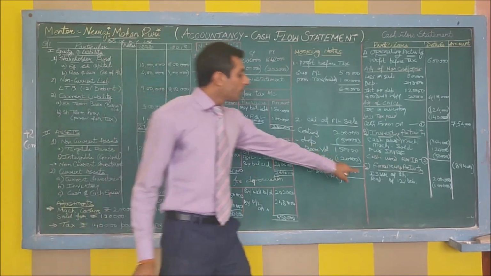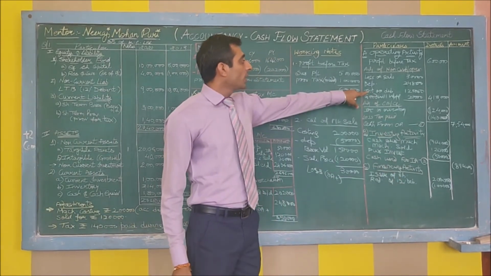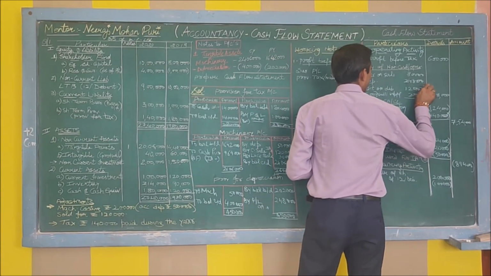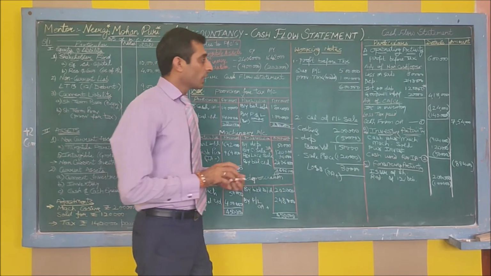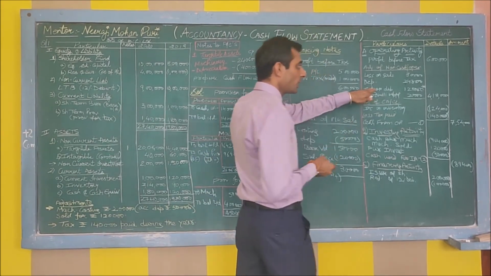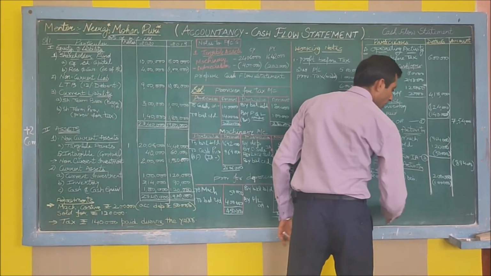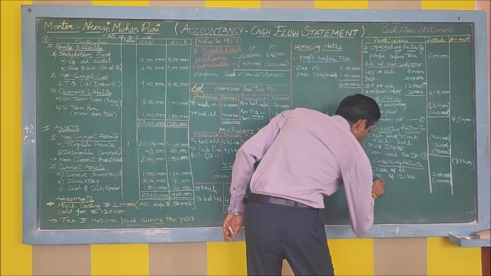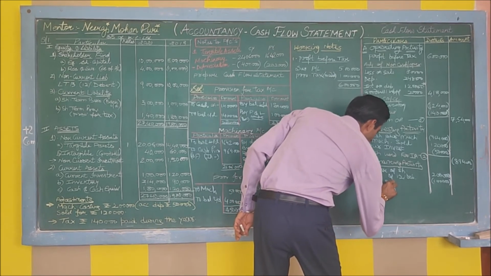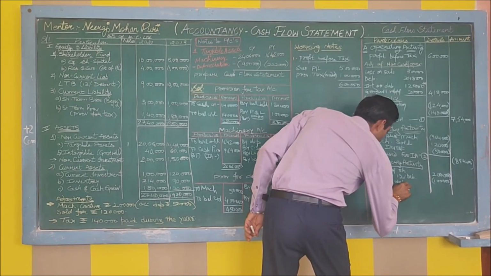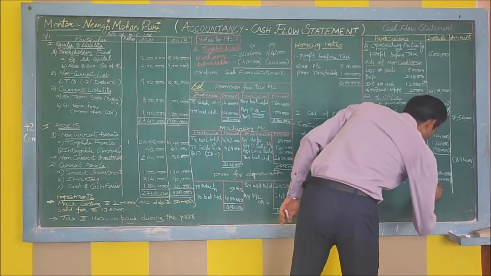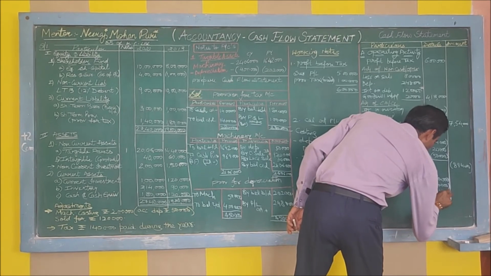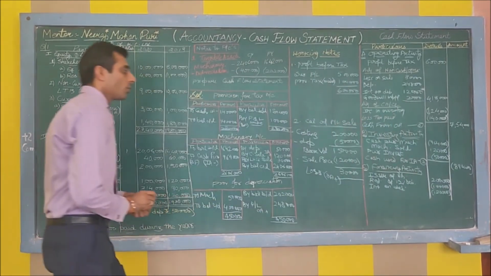Remember, we have given interest on debentures there in operating activity. I am marking it with a star. This means it has to be given double treatment. Two treatments have to be done because this was an adjustment. It was not given in the question, we have taken it. Here it will be subtracted because we will pay interest. Money will flow out. This is interest on debentures. Negative amount 1,20,000.